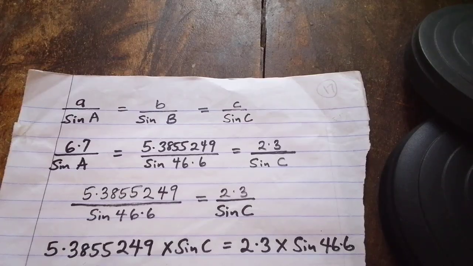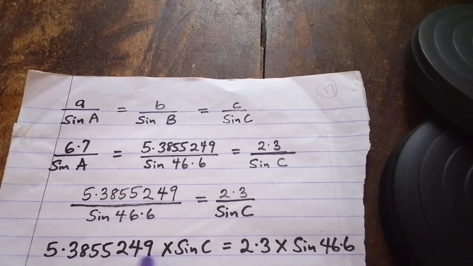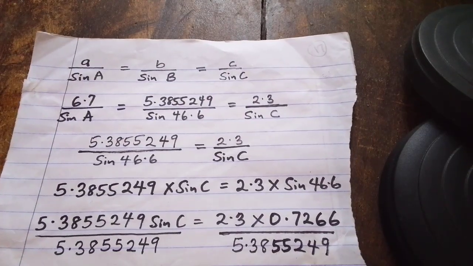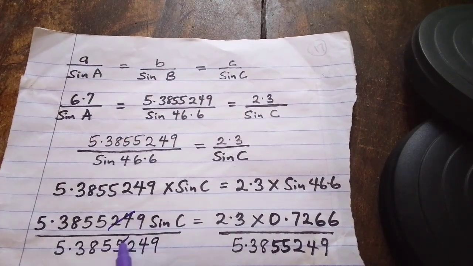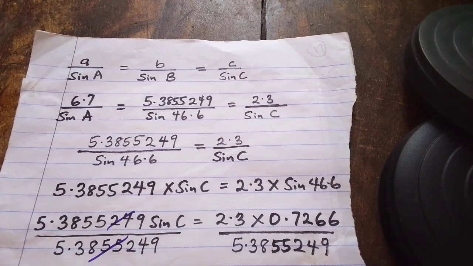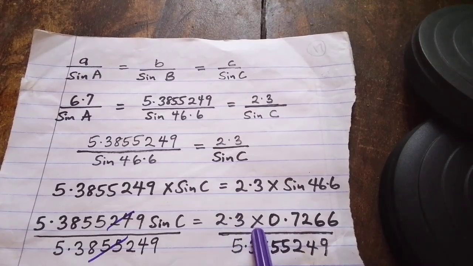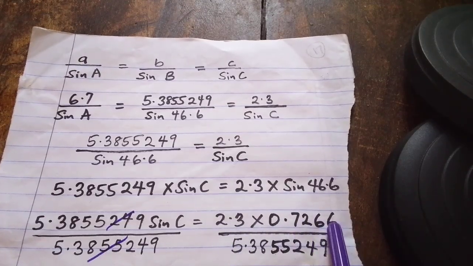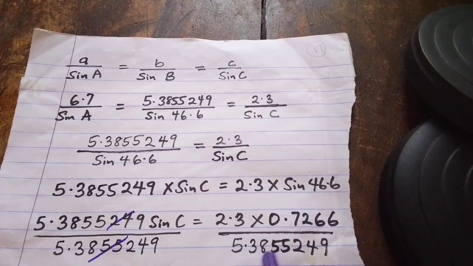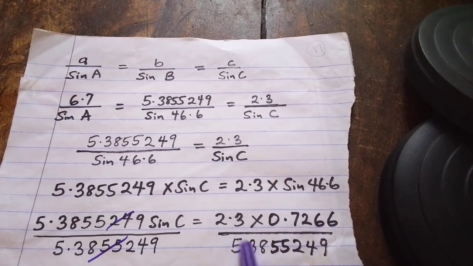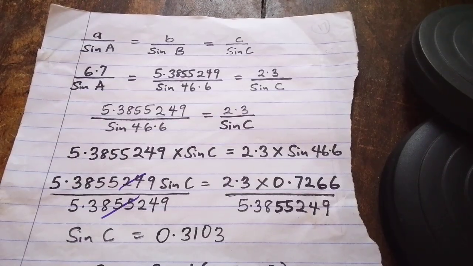Then you divide both sides by the coefficient of sine C, which is 5.3855249. The remaining is sine C. When you compute this using your calculator, 2.3 times 0.7266 over 5.3855249, you are going to have sine C equals